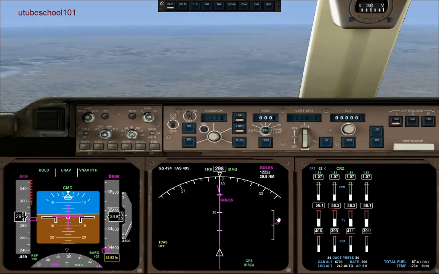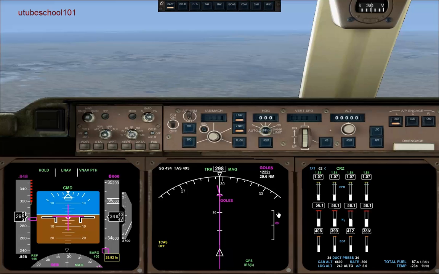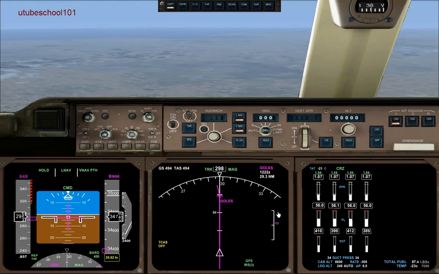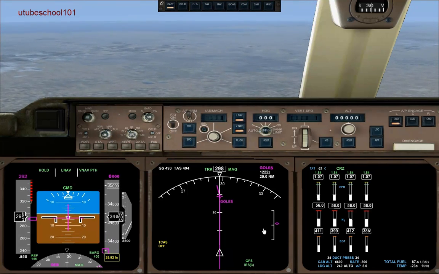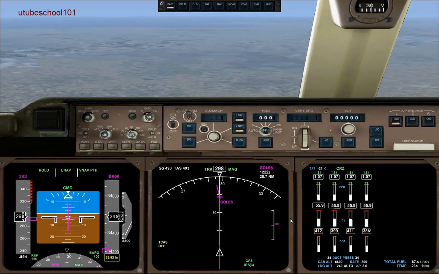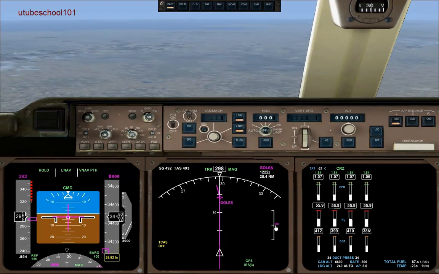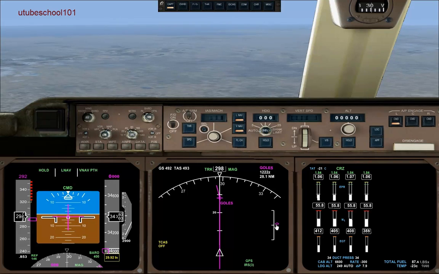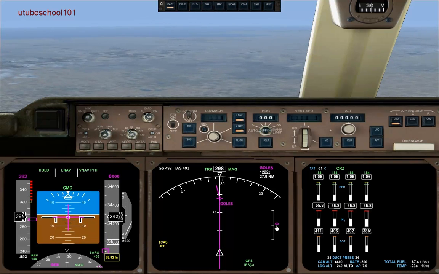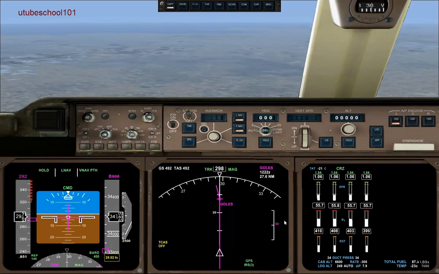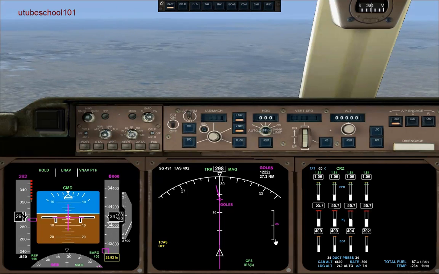If this bubble here is too high, it means you have descended too quickly. So the aircraft will continually adjust itself so that this indicator here is going to be as close to the middle as possible. If your aircraft is constantly here,